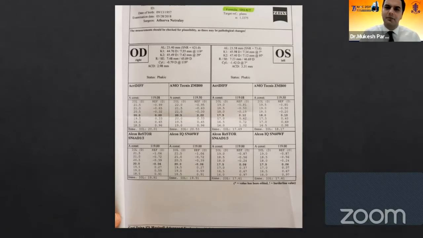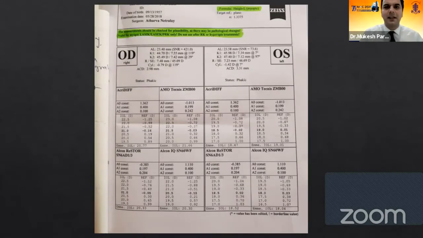This was a patient who barely remembered whether they had undergone a laser surgery. They asked for a multifocal, and we obviously asked for a history of any corneal surgery. She vaguely remembered that some laser surgery was done in the past. So the optometrist went ahead and used a post-LASIK formula. On the right and top, a Haigis-L formula was used. But we insisted on doing topography for that patient, because the keratometry values were 44 and 45.